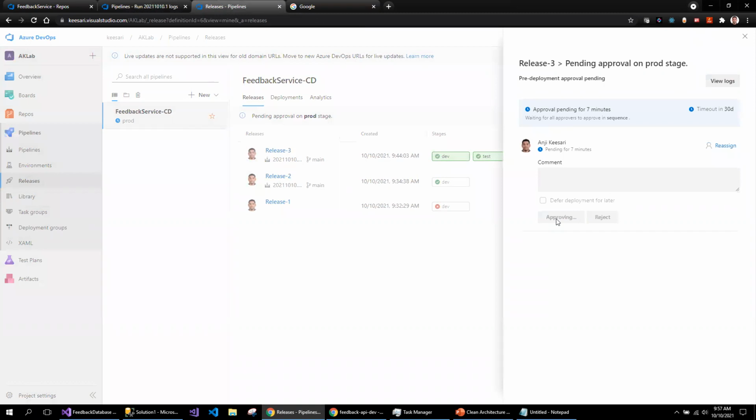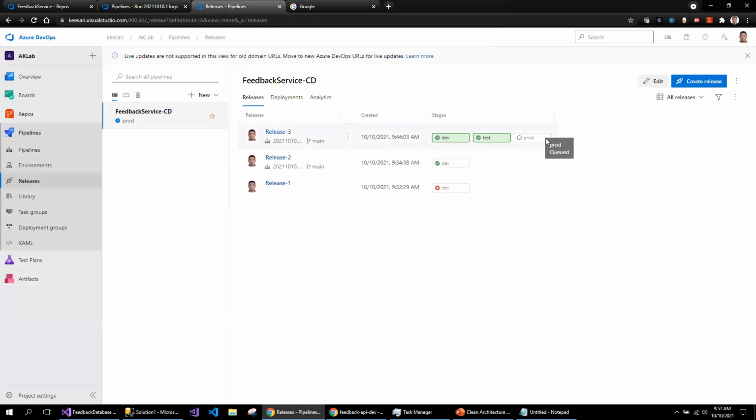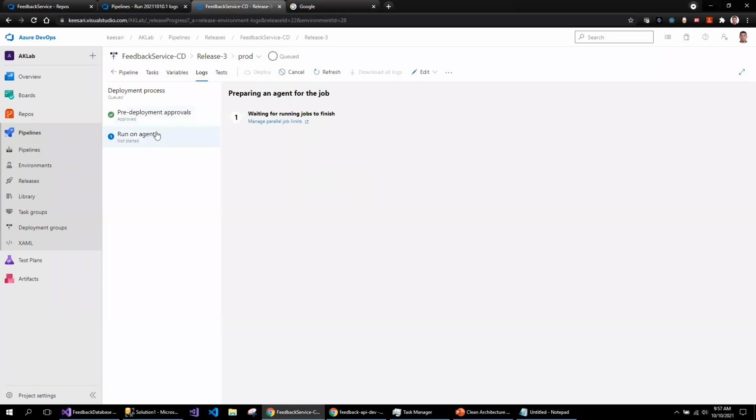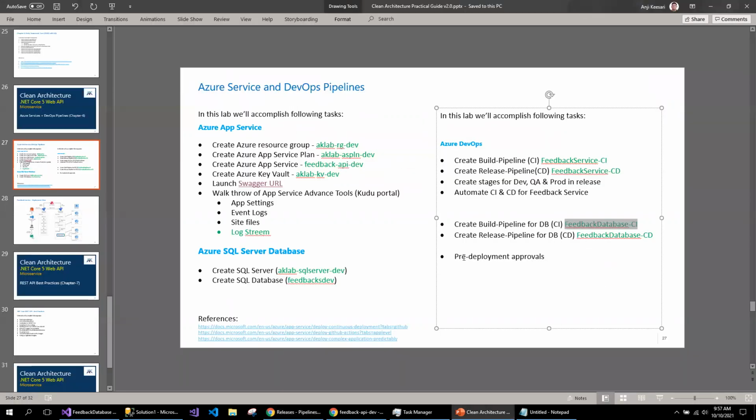Again, this production stage requires approval. Since I'm approving, this should be deploying and overriding the same service. Just to show you the sequence of stages required in the build release pipeline, I created all these, along with the pre-approval settings.